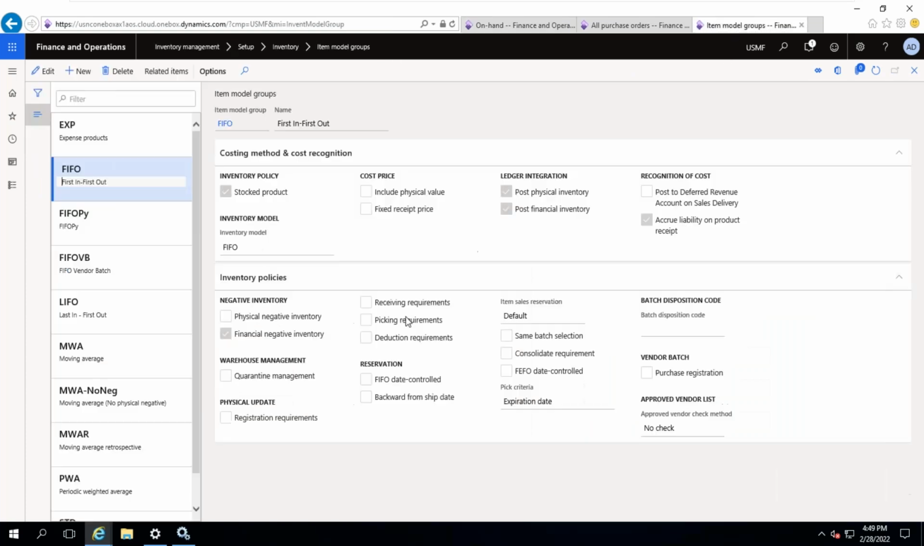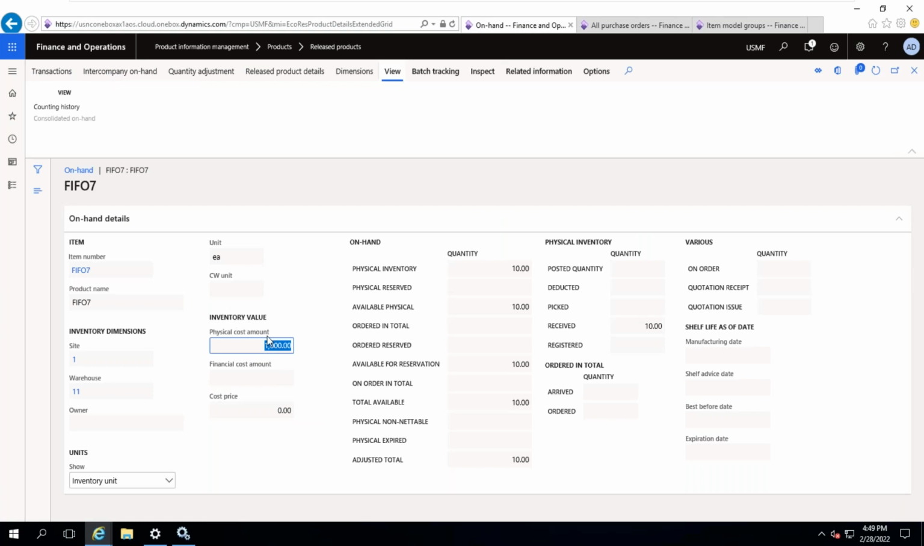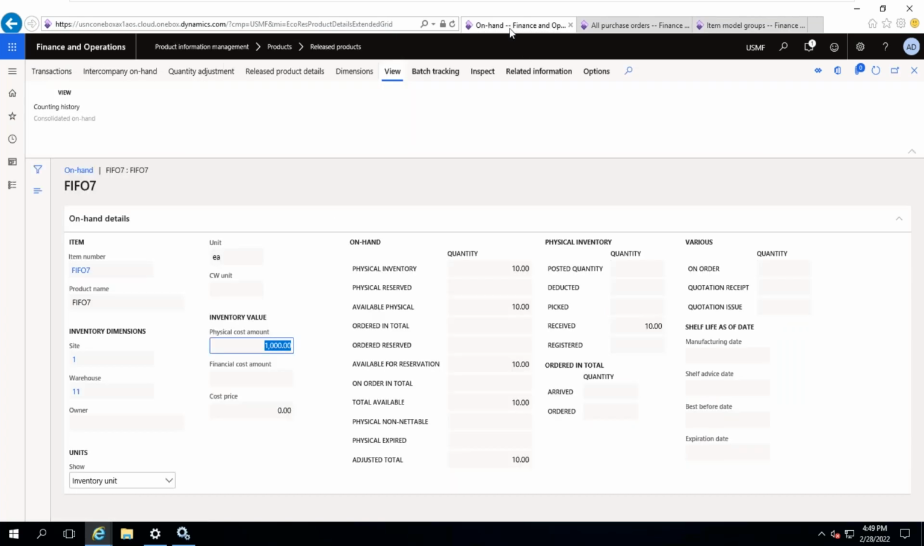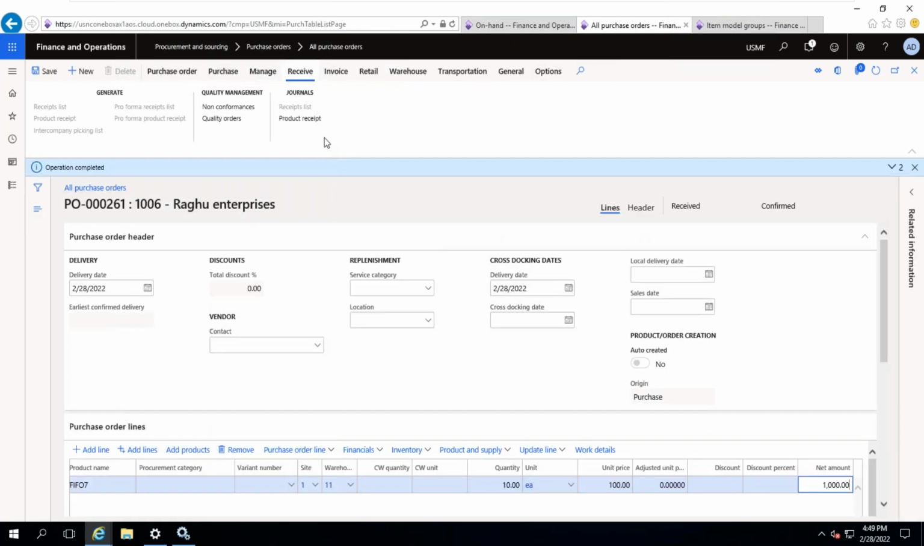That's what physical this one. Financial negative inventory means whatever is received, I can sell this item for more than the purchase price or cost price. Understood? That is this one. So I will discuss once again if you want, later tomorrow. Okay, let us proceed. Now, if you do product receipt,